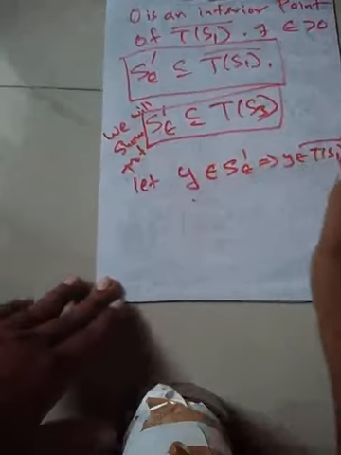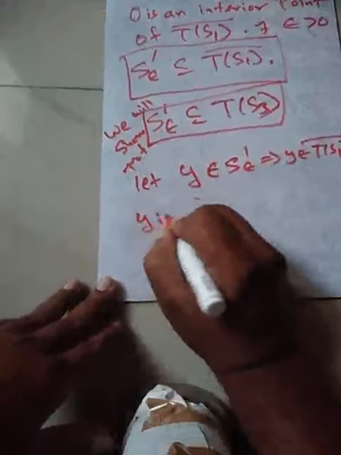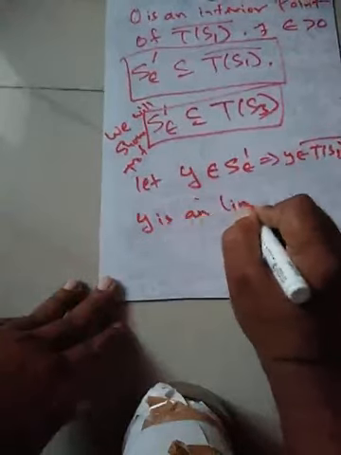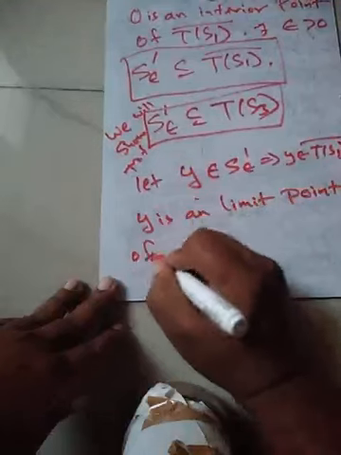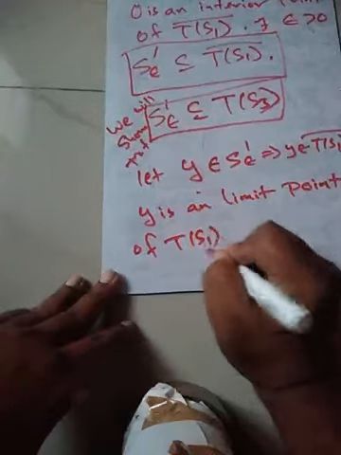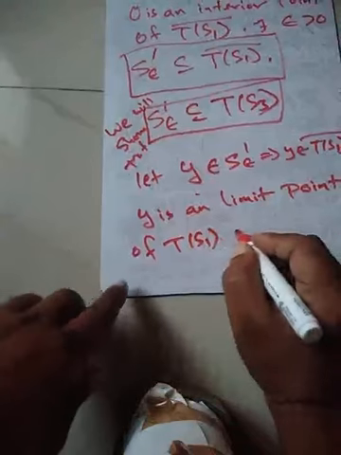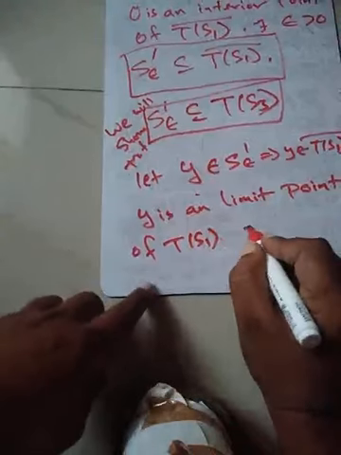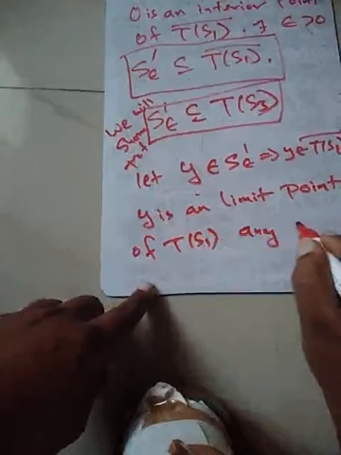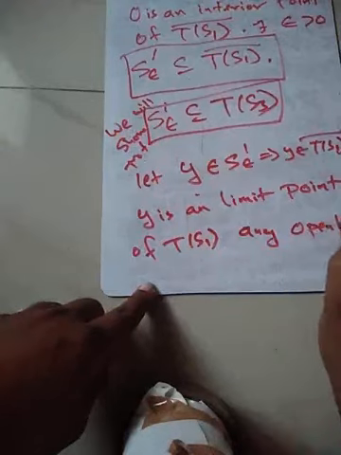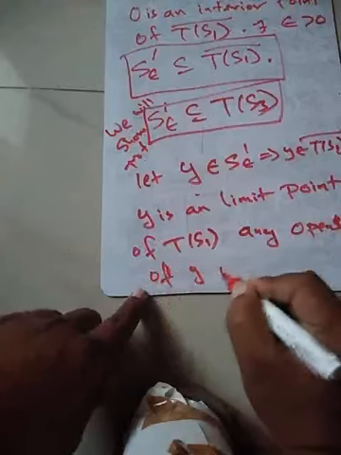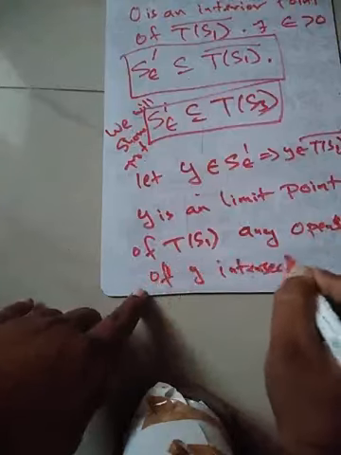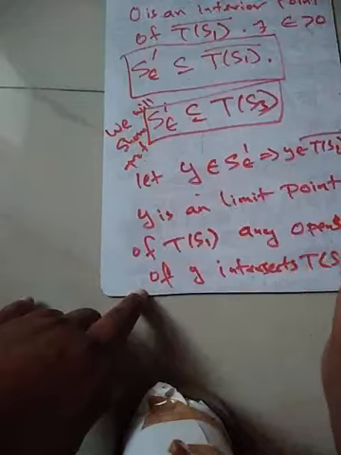If y belongs to the closure of T(S_1), that means that y is a limit point of the set T(S_1). So any neighborhood of y, or any open set around y, intersects T(S_1). So you take the epsilon neighborhood of y,